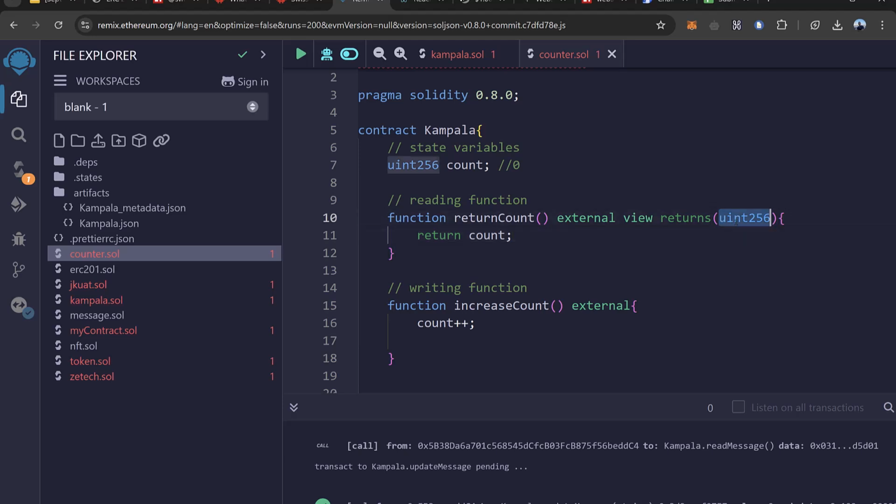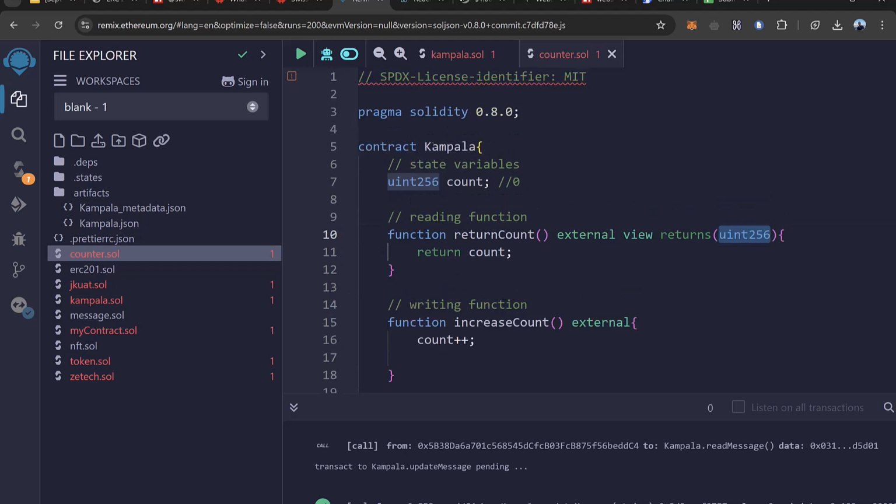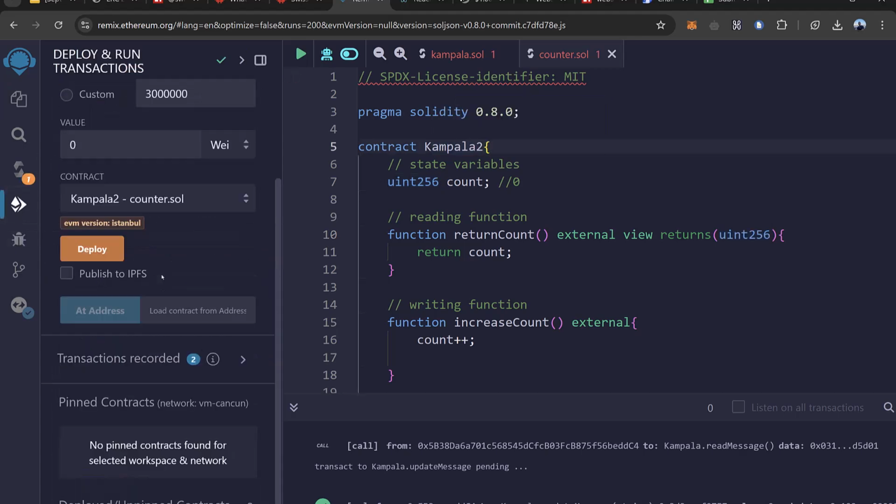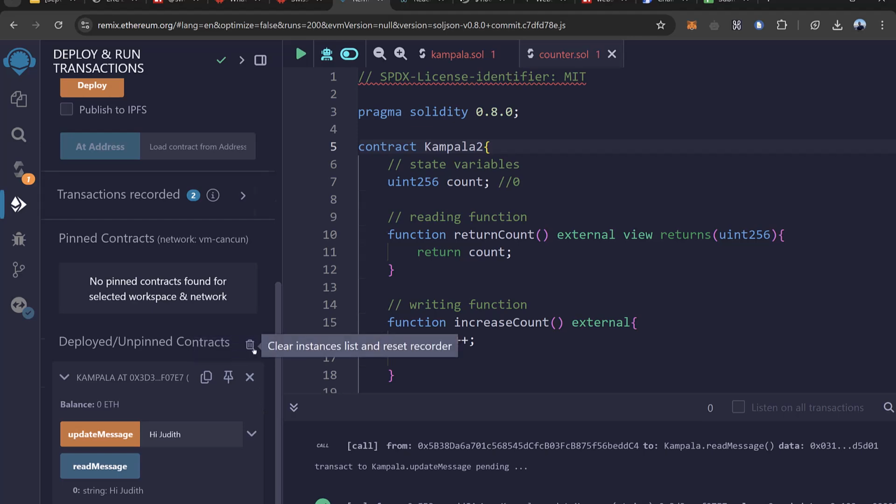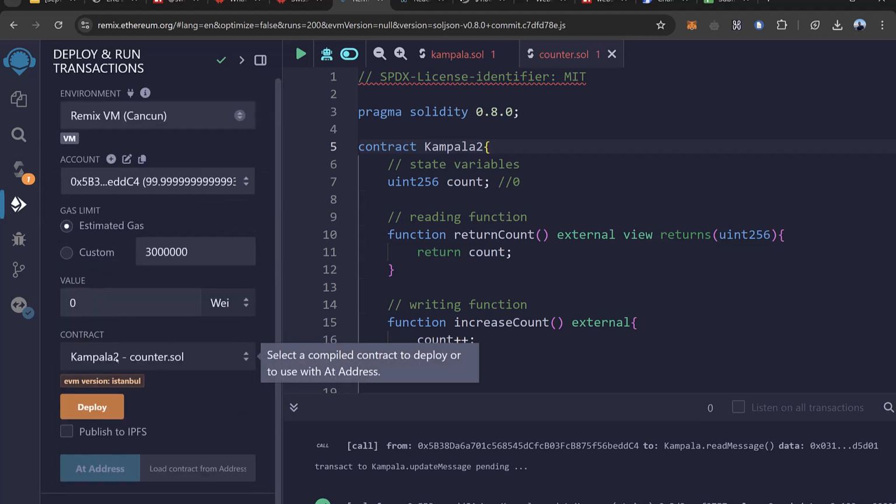Here you can see that we don't have the string memory. We only have uint256. External view returns uint256. Any questions with this one? Let's call it Kampala 2. And then if I deploy this one, to test the contract here, Kampala 2, deploy,